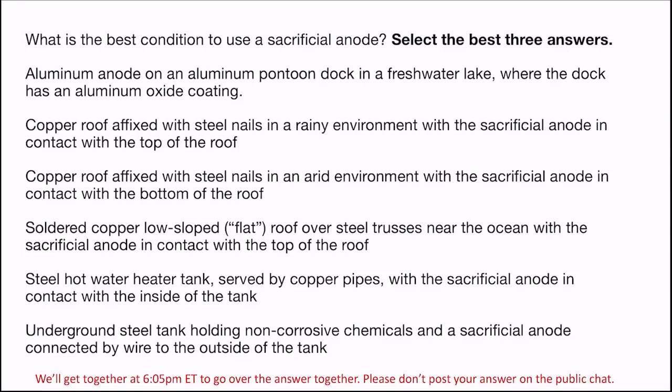So our choices are: aluminum anode on an aluminum pontoon dock in a freshwater lake, where the dock has an aluminum oxide coating; copper roof affixed with steel nails in a rainy environment with the sacrificial anode in contact with the top of the roof; copper roof affixed with steel nails in an arid environment with the sacrificial anode in contact with the bottom of the roof; soldered copper low sloped, what we colloquially call a flat roof, over steel